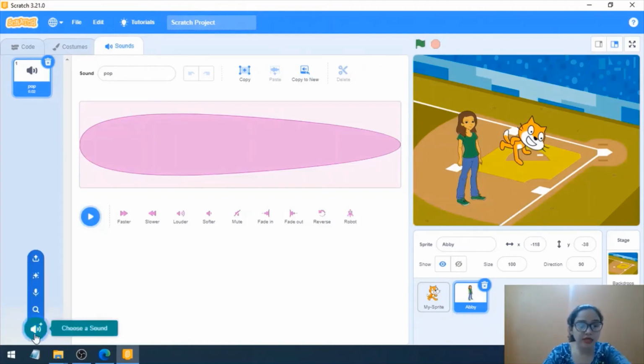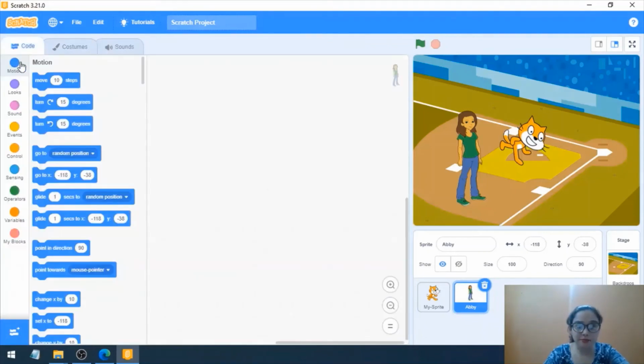You can click here and choose a sound from the library, I mean from the Scratch options available, or you can record a sound by your own self. You can have a surprise, you can upload a sound file. We are going to check out all these options later on, one by one. So don't get overwhelmed with all the options available here. We'll be checking out each and every option in a very systematic manner.